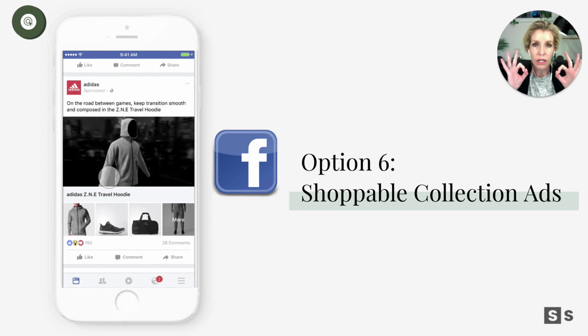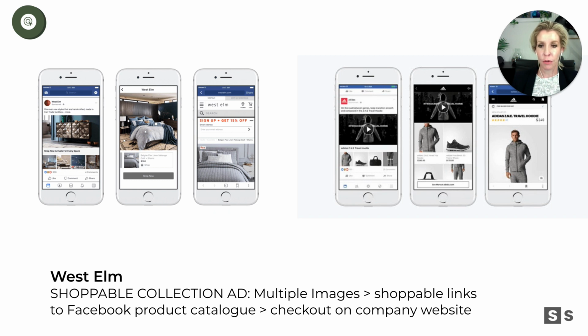We have so little attention span and so little time or energy, I guess, patience for slow loading sites and being sent all over the place without knowing where we're at. Option 6, the shoppable collection ad. So we build our carousel of our catalog in Facebook Business Suite. Again, that's part of our paid social course if you need more information on setting up your business suite. And then we can pull that from that catalog and create an ad with the products in it. So really cool. They call it collection ads, shoppable ads, and there's different ways to do it.